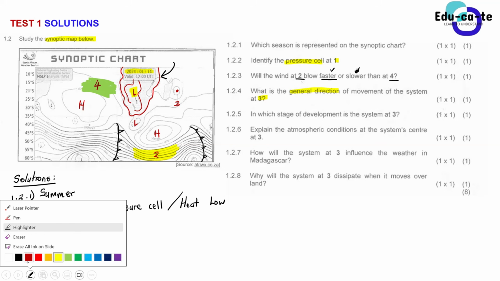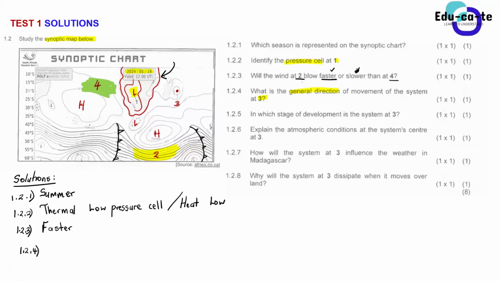For now, we have only done the mid-latitude cyclone, but if you've got a low pressure system here, in the northwards part of South Africa, it is known as a tropical cyclone. We're still gonna do more details about it from next week onwards. But basically, the tropical cyclone moves opposite to the mid-latitude cyclone.